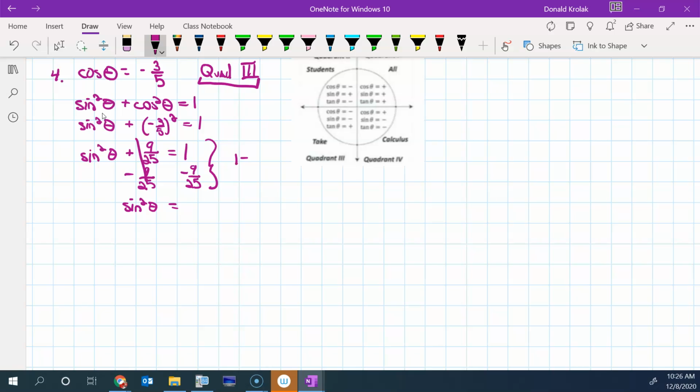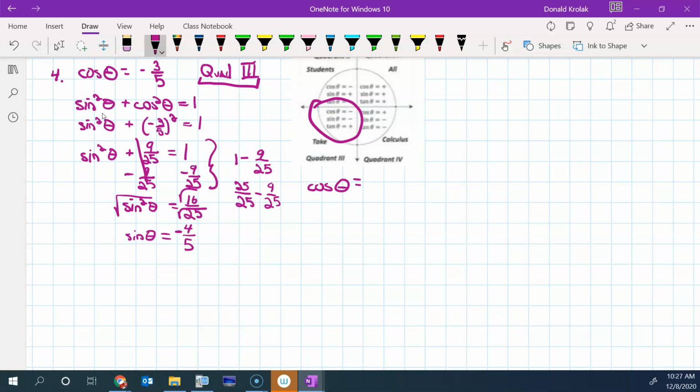Okay, so I want to do 1 minus 9 over 25. So that's going to be 25 over 25 minus 9 over 25, which is 16 over 25. Okay, square root, and I get 4 over 5. Now look at quadrant 3. Sine is going to be negative. So when I fill these in, I got cosine negative 3/5,